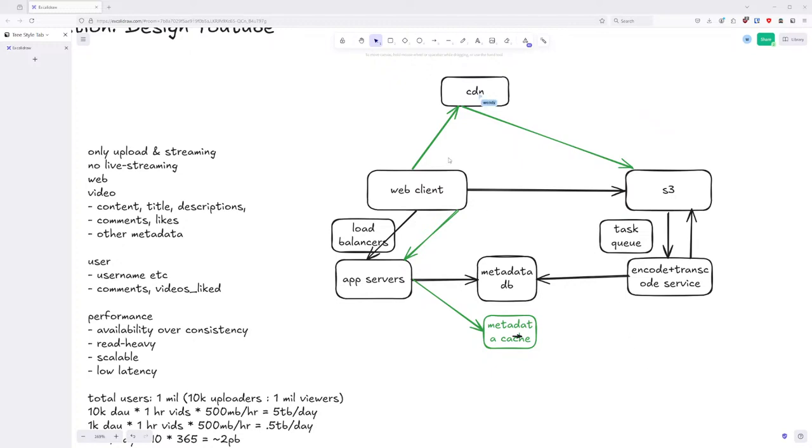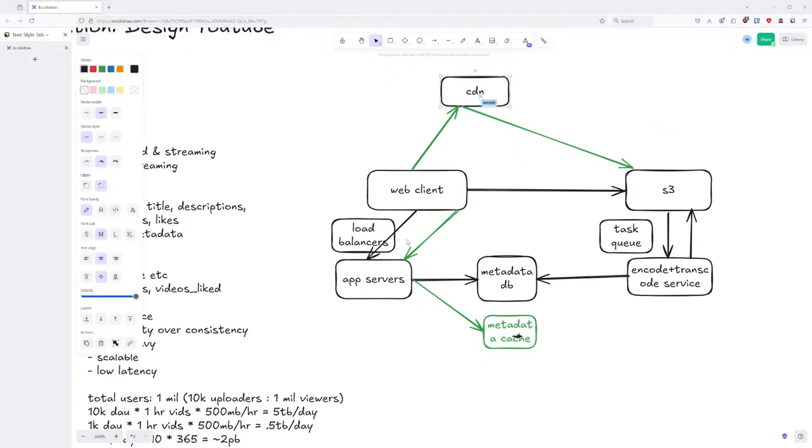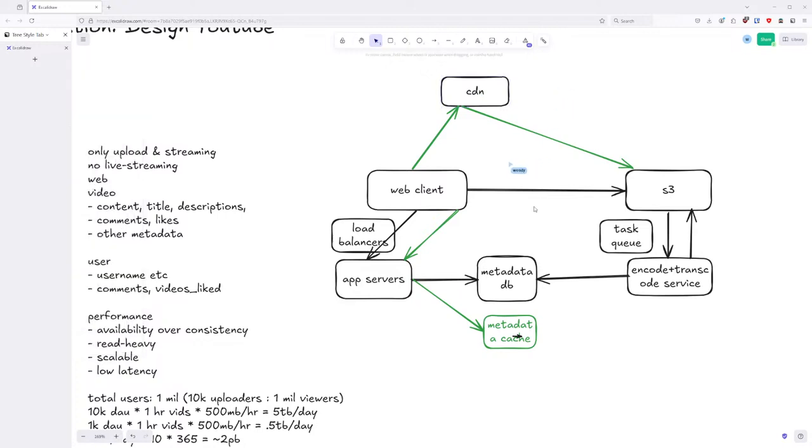I think you cut out just slightly there. Can you repeat the part where you said the CDN goes to the app servers? I didn't quite catch that. Why is it going to the app servers? Oh, okay. Because you'll need the list of videos for that region, which is stored in both the cache and the metadata table database. Does that make sense? I think that makes sense. I want to make sure you got it the same way I do.